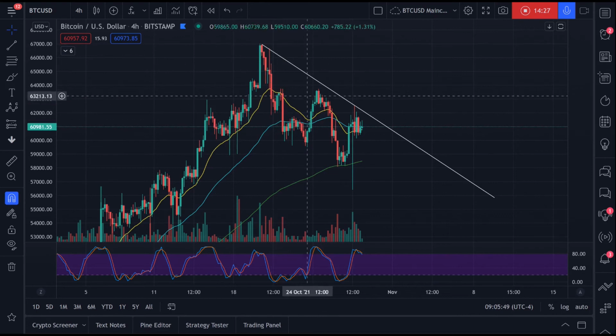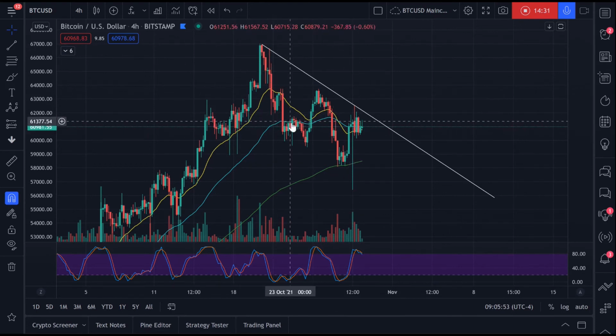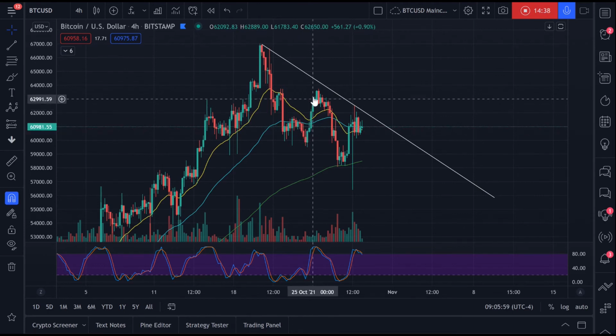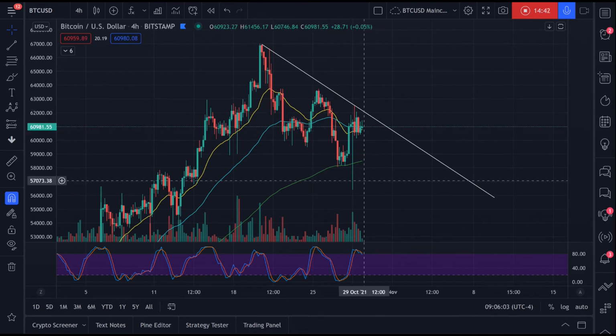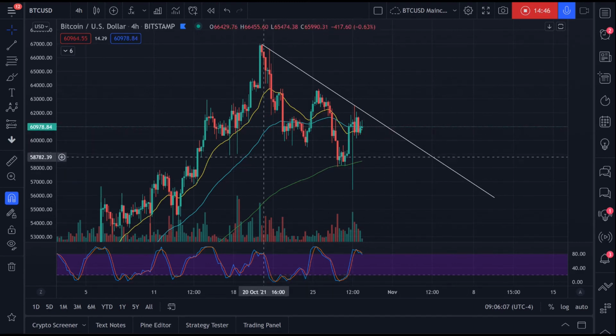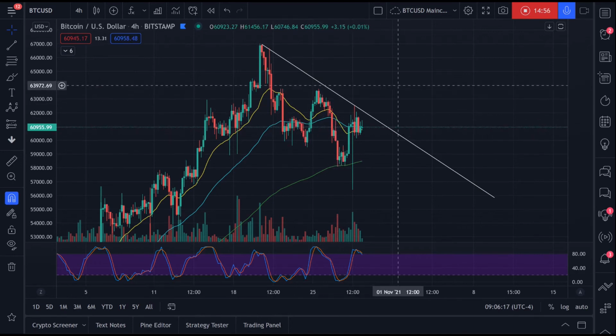We have printed a head and shoulders. Does not mean we are going to execute it. We did print one here, invalidated by this 2 wave, okay? So does this mean that we're not going to come down and play out this head and shoulders? No, not at all, because a new sort of right shoulder was printed after this one, right? We came up and we went back down again, right? So